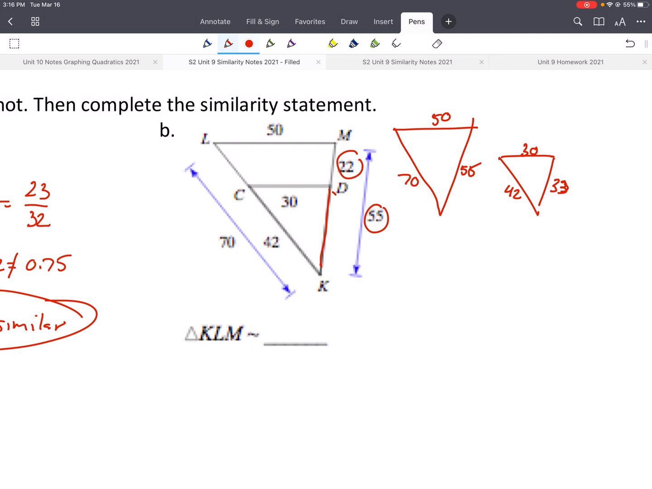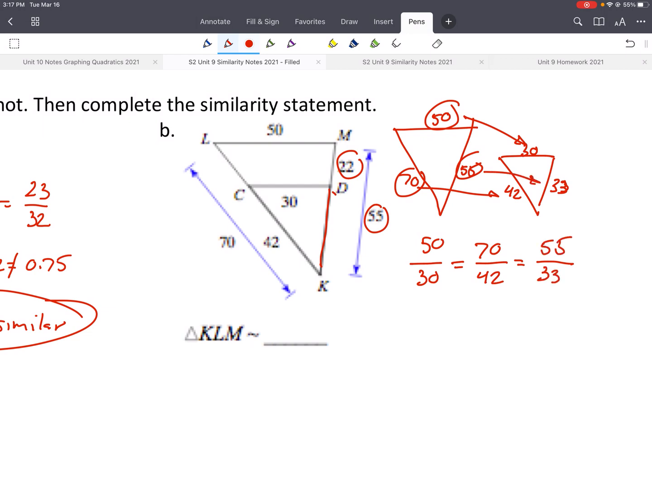And now we can come up with our proportions and make sure that they're the same. We have all three sides, so we have to do all three proportions. We could do large to small, so 50 over 30, and then this one goes to that one, so 70 over 42, and then 55 over 33. We can use our calculators to get these decimals. We'll end up getting 1.67 equals 1.67 equals 1.67. You have to check all three. So they are similar